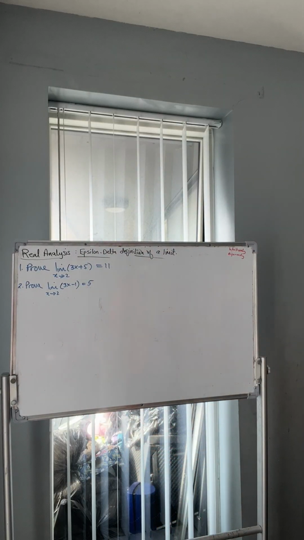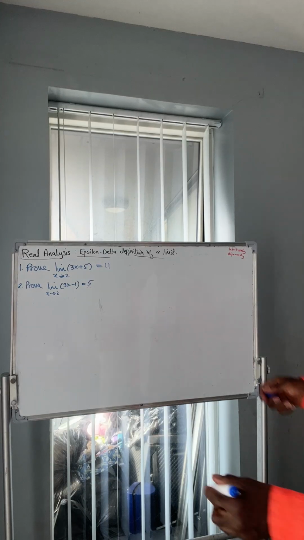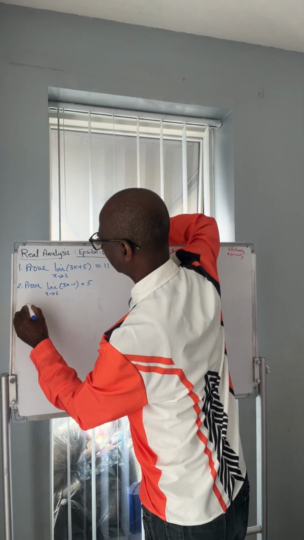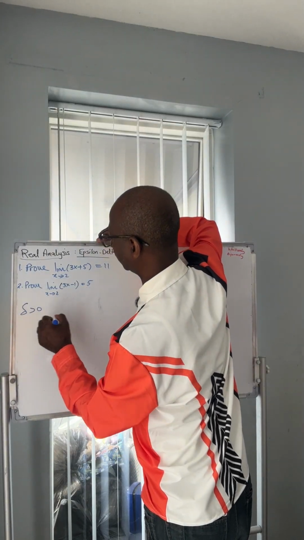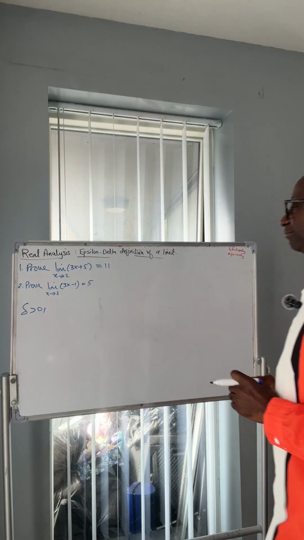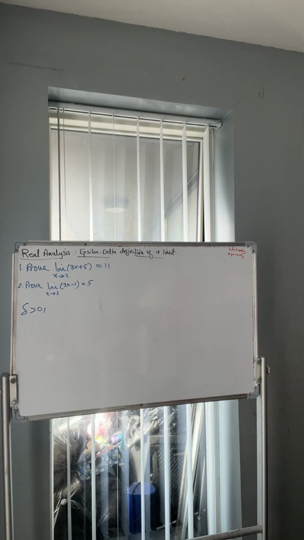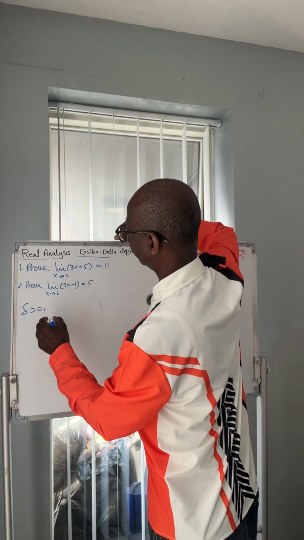Let me use the blue marker, that might help. We are given epsilon greater than 0, this is given from the formula. And we need to find some delta greater than 0, such that